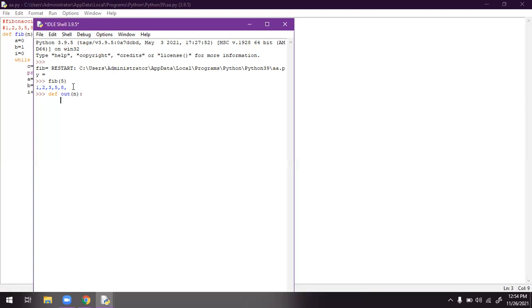Whenever I call that outer function, what it has to do is print. Take a print: hi.